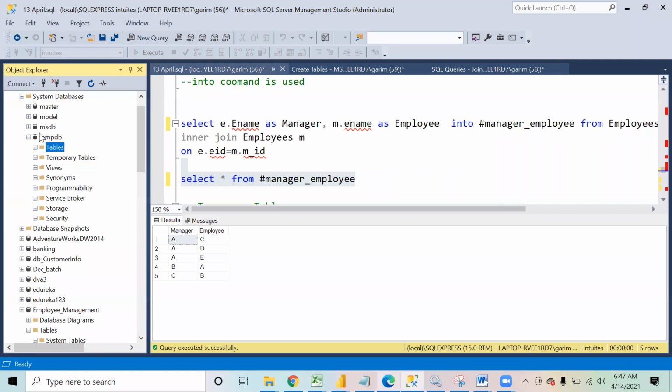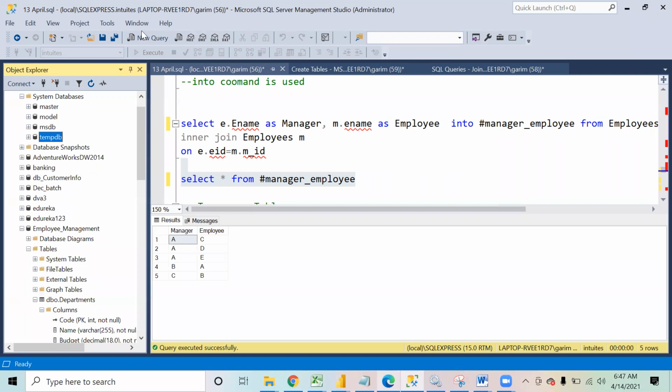In order to understand, just take a look at this. These are system databases, correct? Now forget about whether it's a system database or our own project database.